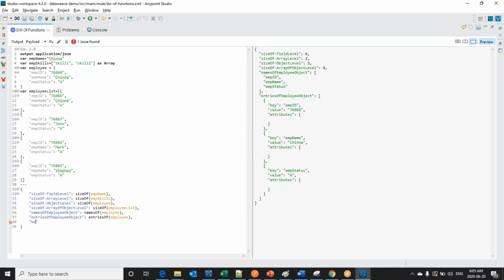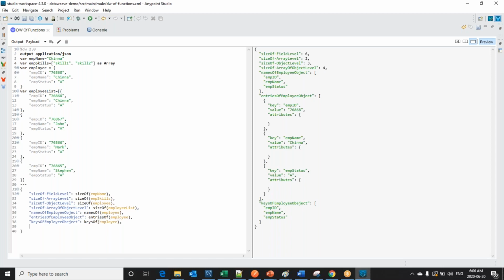So those are keys of employee object. I should write it as keys of employee. It will give me all the keys of employee object. We can see here.